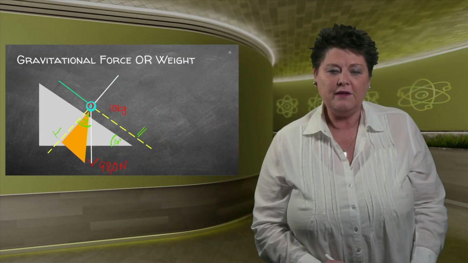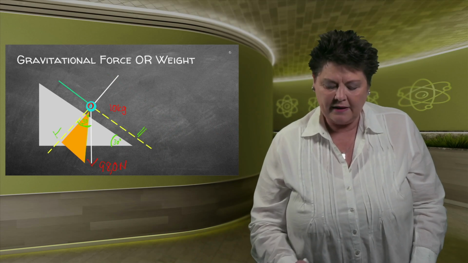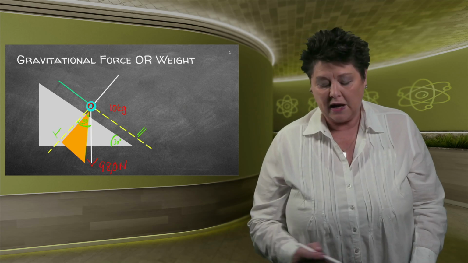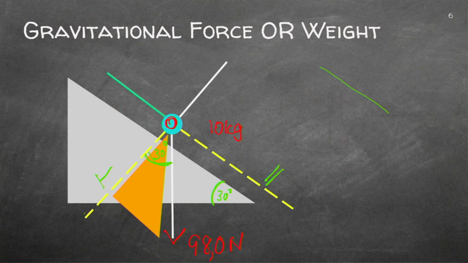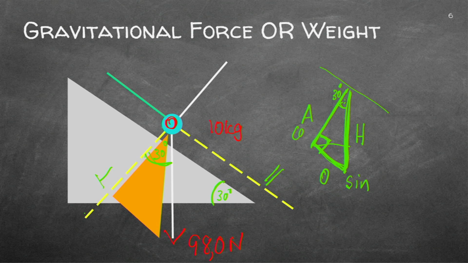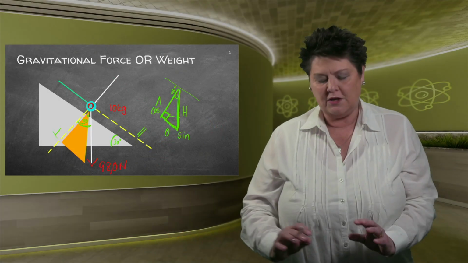Be very careful that you actually get the right angles so that you can work with trigonometry. Now, let's say this is my triangle. There I have it. And I've got that 30 degrees there. Just quickly, I have this value. It's right across the right angle, so this is the hypotenuse. This side here will be opposite to the 30, so I'll find that with sine. And this one will be adjacent to the 30, so that I'll do with cos. So always make sure that you get the triangle.